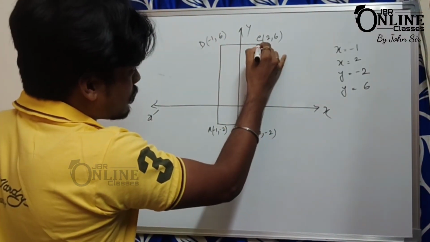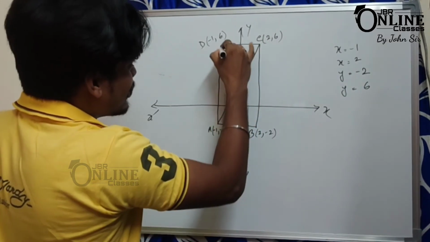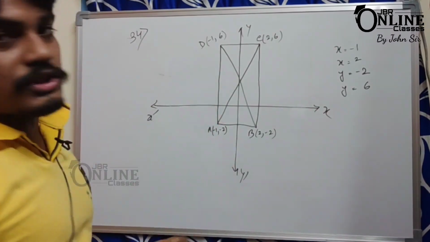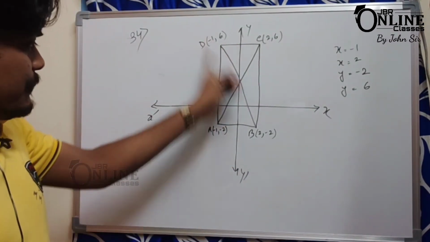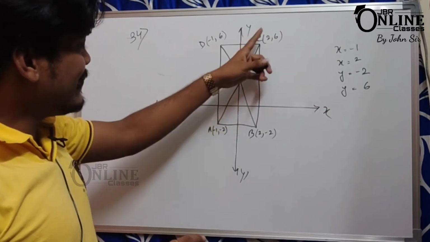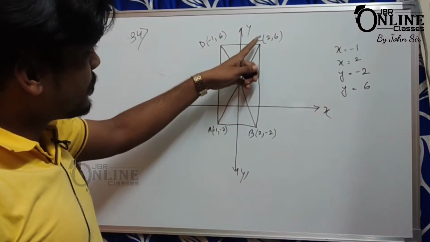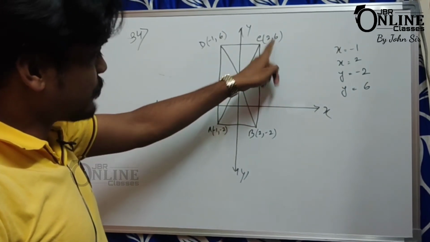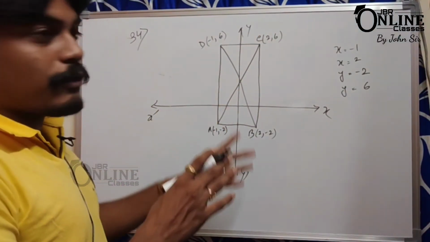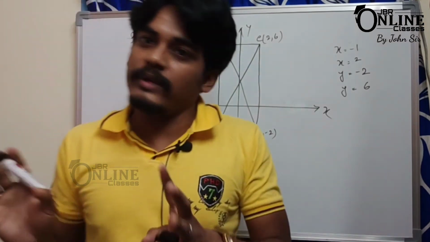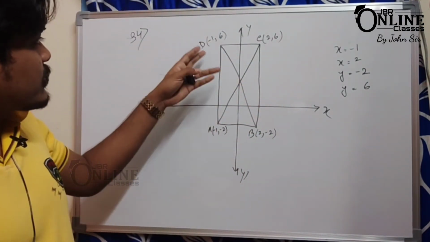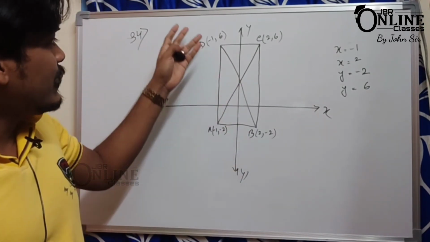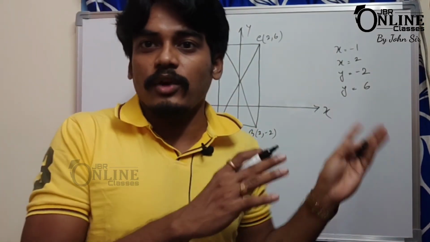Now first you have to draw AC, the first diagonal, and then the next diagonal BD. Now you have to find the equation of AC and BD. To find them, first you have to find the slope. You can easily find the slope of AC with the help of this point and this point, and then you can apply the formula y minus y1 equals m into x minus x1. Second, find the slope of BD, and then you can find the equation of BD. In this way you can solve this kind of problem.